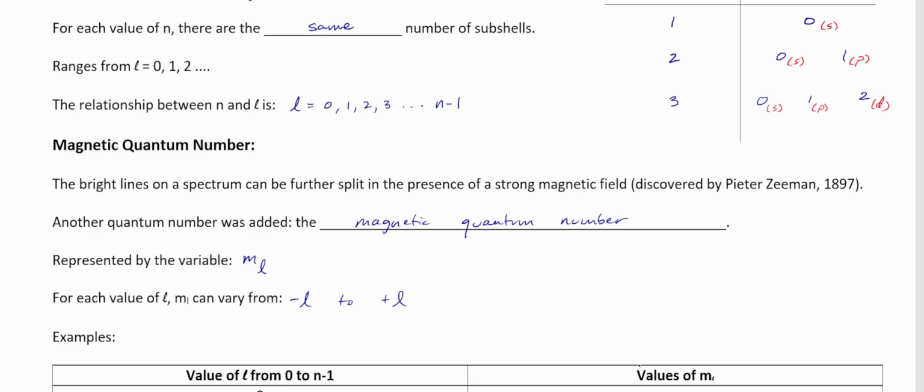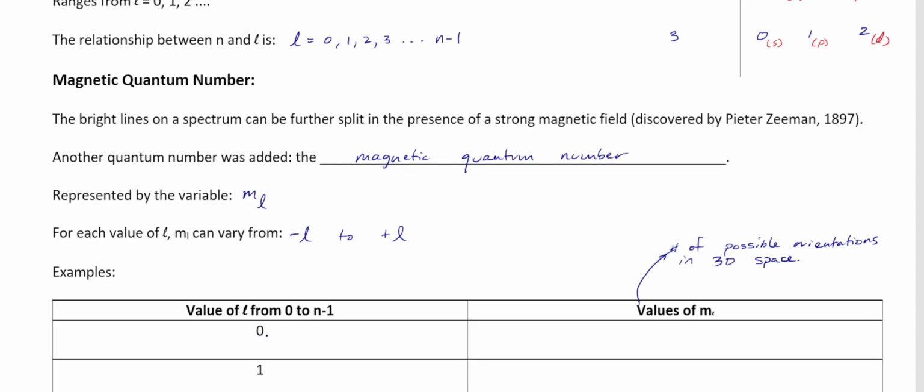And so again, m sub l gives us the number of possible orientations in 3D space. Okay, so